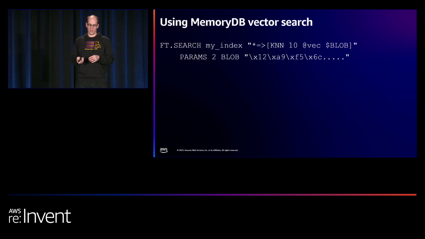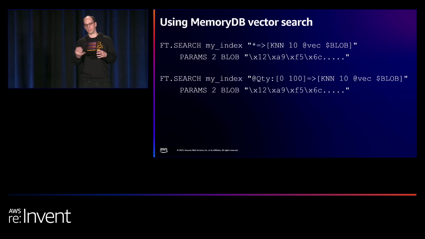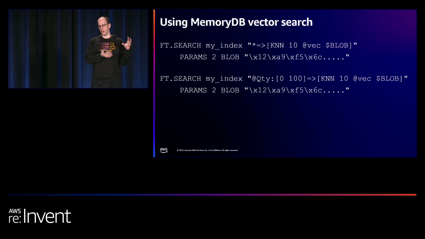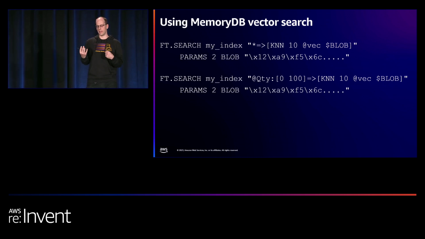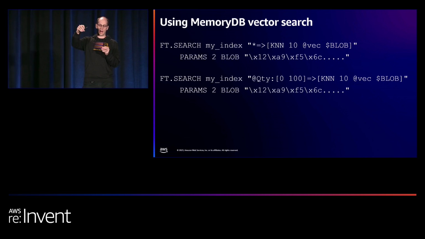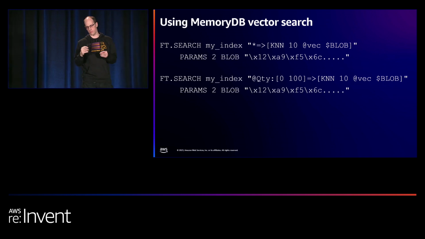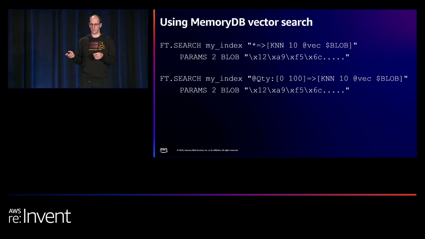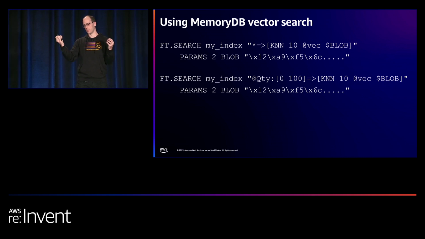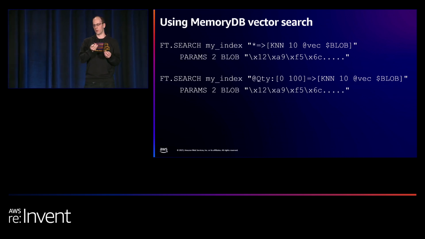And in the preview, we also support filtering of the keys before we do the search on the index. So here we filter by a field on the hash key called quantity, within a range of 0 to 100. What that means is instead of looking at all the keys of type hash that are in scope for this index, we're only going to look at a few keys, and it's going to speed up our search results. We can also look at